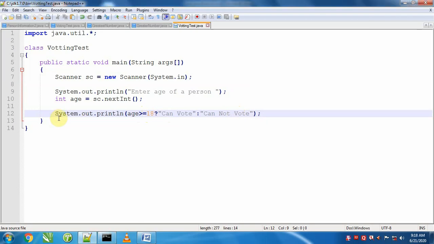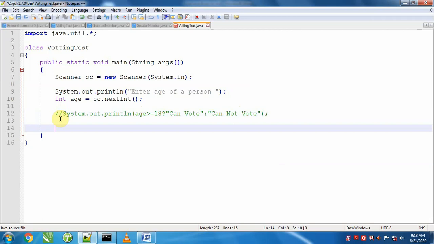We can make this program like the previous program also, like this. For this we will take a String variable message, and here we will say if age is greater than or equal to 18, "can vote", otherwise "cannot vote".